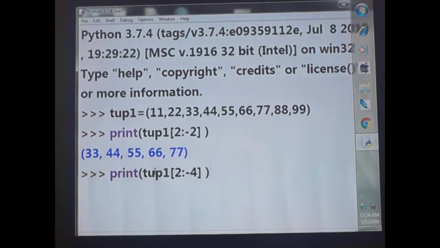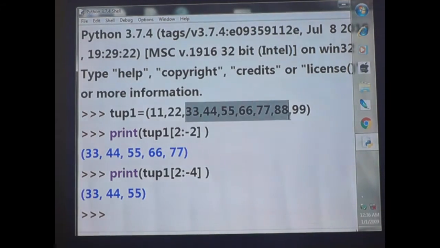If I give enter, what is the output? Starting from 2, that means 0th index, first index, second index, starting from 2 and ending before minus 4. So minus 1, minus 2, minus 3, minus 4. So 33 to 55 is the answer.